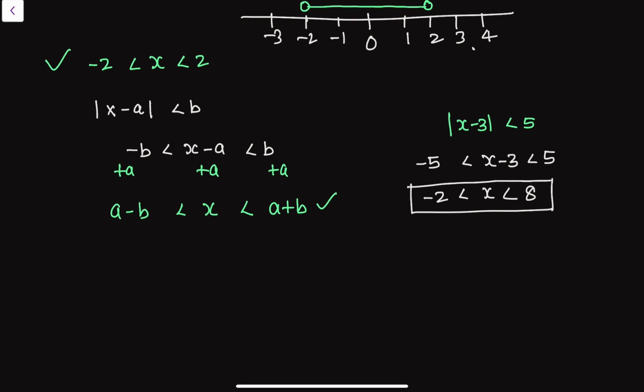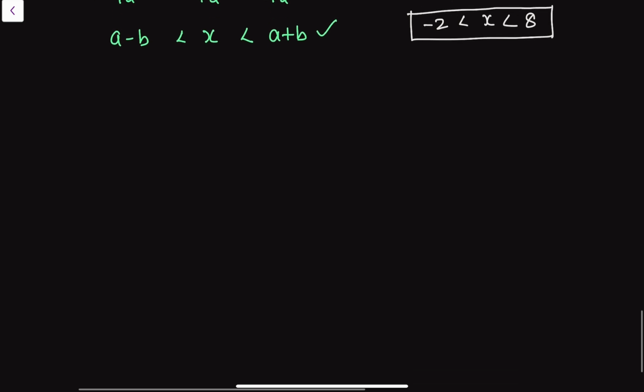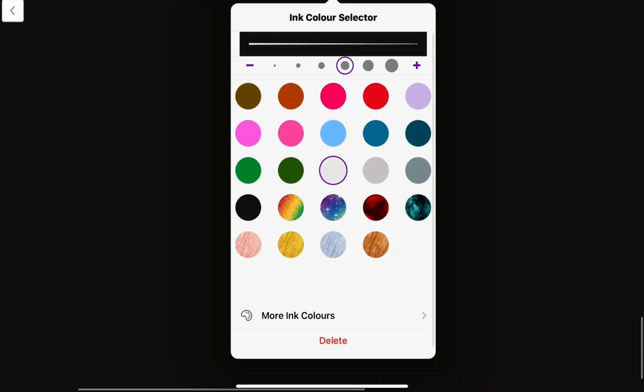So this is a simple modulus linear inequation where we have the modulus function on one side and on the other side a number. This is how we solve the modulus linear inequation. Okay, let's look at some more questions where we have x on both the sides. Okay, so let's say the question says